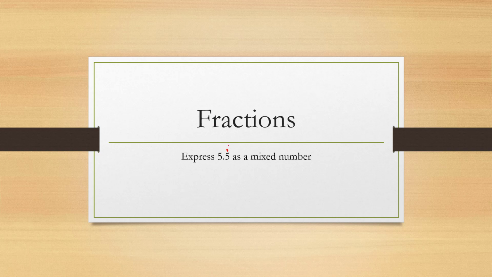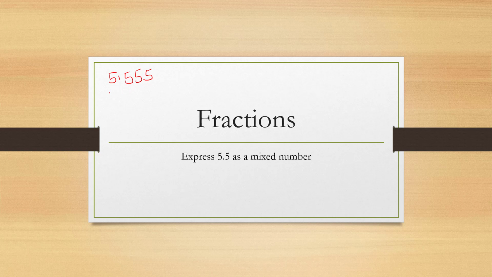You need to know what this dot above 5 means. It means that this number is repeating itself infinitely. That means that we can write this one as 5.555 repeating itself. So to solve such kind of equation and to change into a mixed fraction or a mixed